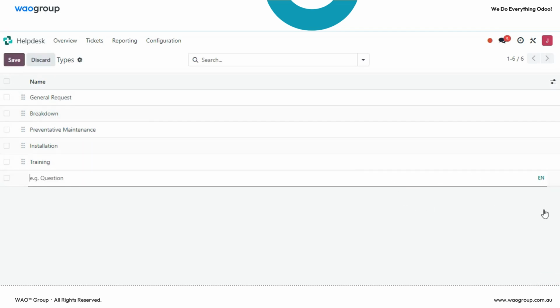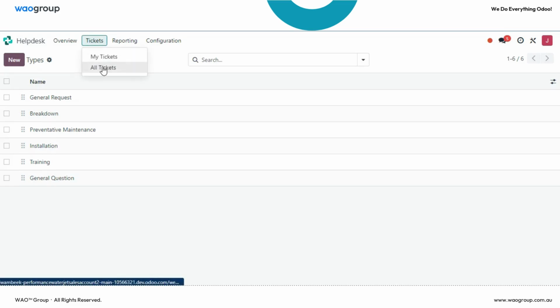and just type in the help desk type. For example, you type in general question and then click save. Now, if you go to tickets and then click on all tickets,